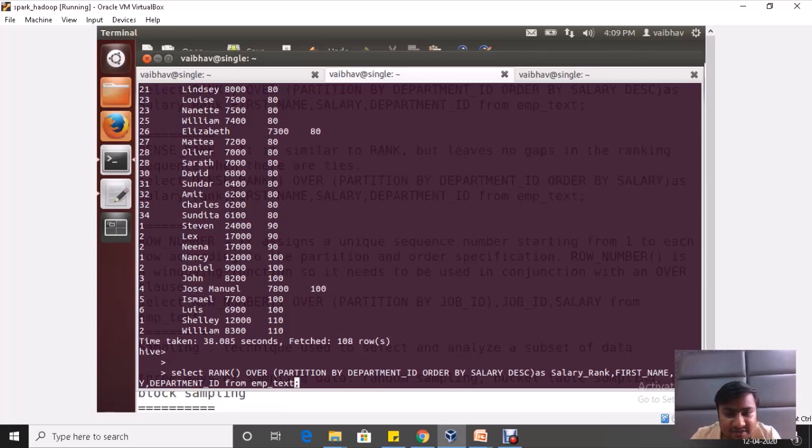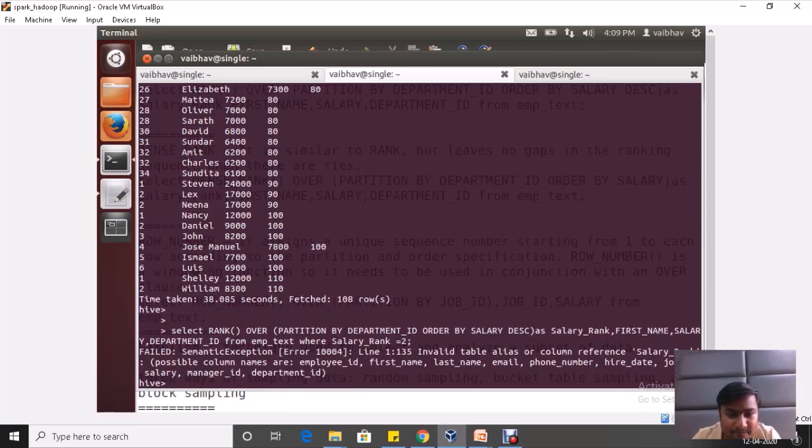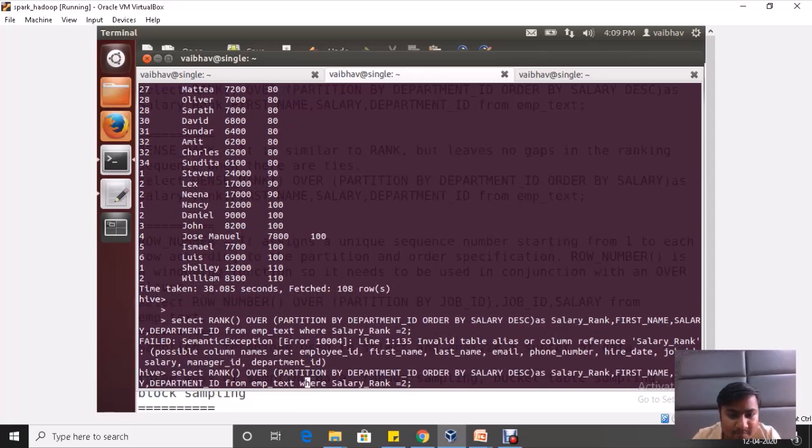The first column in our output is salary rank. So what we'll do, we'll put a where condition. Okay, so here is a catch. We have to write an inner query.